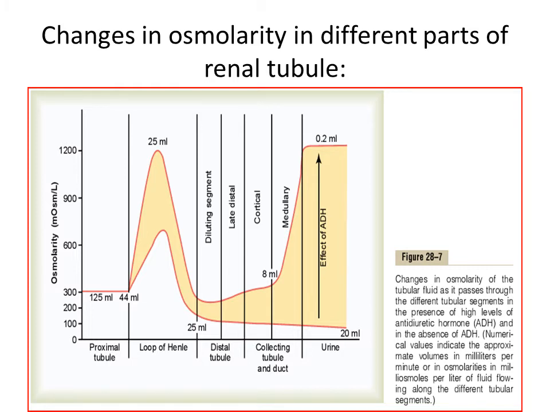The thin ascending loop of Henle is essentially impermeable to water but absorbs sodium chloride. Because of the high concentration of sodium chloride in the tubular fluid, due to removal of water from the descending limb, there is some passive diffusion of sodium chloride from the thin ascending limb into the medullary interstitium. So the tubular fluid becomes more dilute as the sodium chloride diffuses out of the tubule and water remains in